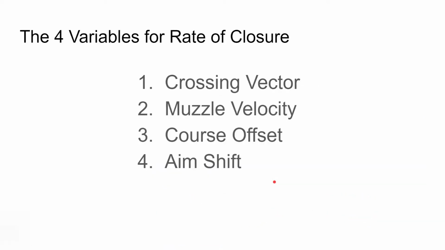So with that in mind, we can conclude that we only need to have 4 variables to calculate the rate of closure. The crossing vector, or more accurately, the crossing vector magnitude, the muzzle velocity, which is also a magnitude, the course offset angle, and the aim shift. If we know those 4 items, we can calculate the rate of closure, and therefore, once you calculate the rate of closure, we know the distance between the attacker and the target, we can determine how long it will take